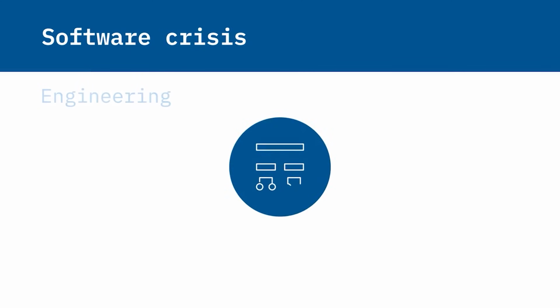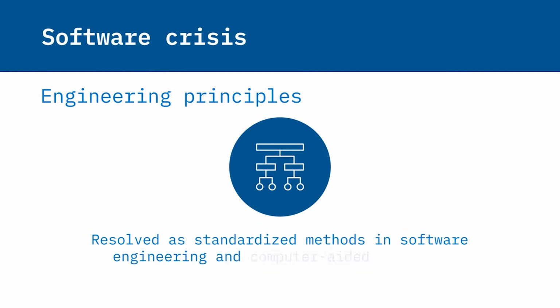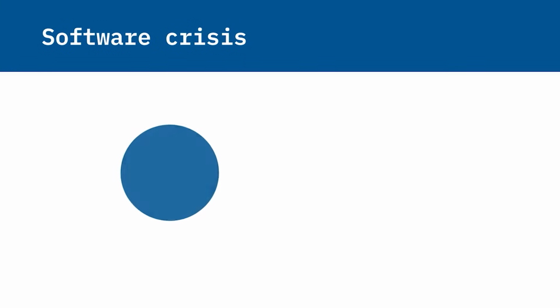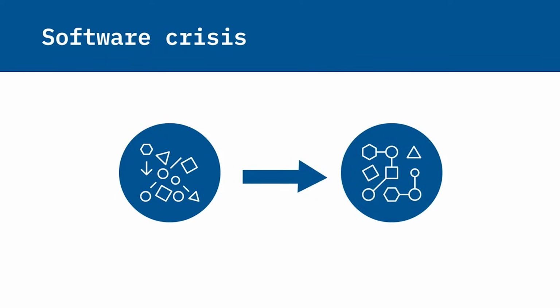Now, some of these issues still exist today, although to a much lesser extent, due to the consistent application of engineering principles to the software development process. Computing resources have become more widely available, and standardized methodologies for software development allow for large complex solutions that scale. The solution to the software crisis involved transforming unorganized coding efforts into an established engineering discipline.